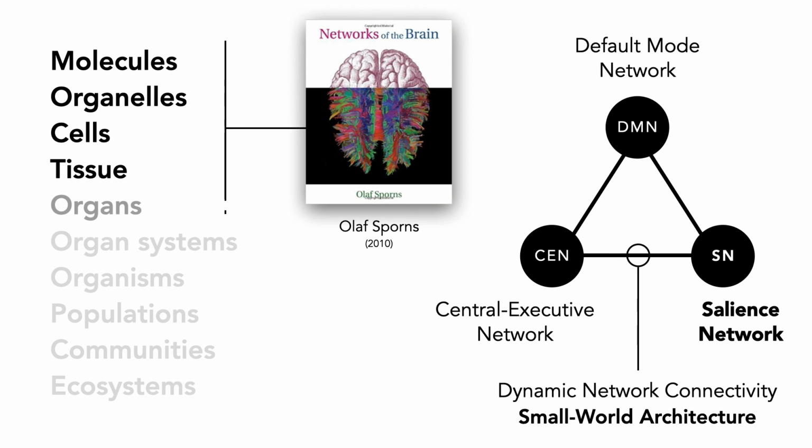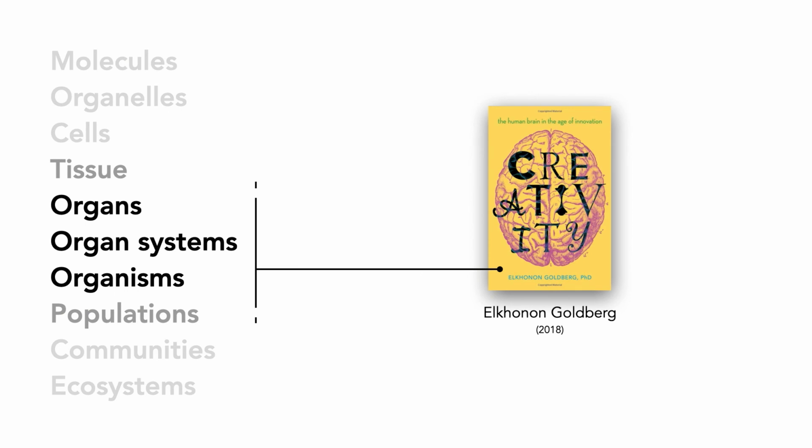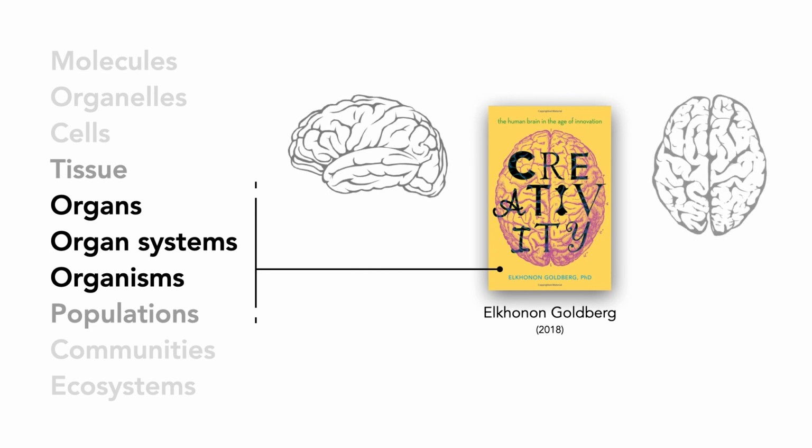I will also have more links in the comment section of this video so you can read up on the details of these things, because I'm not a neuroscientist myself, but I think it's super interesting stuff that he talks about there. The second author is Goldberg, whom I talked about previously. He is a neurosurgeon, and he looks at the brain more as an organ and talks about the different cortexes and the hemispheres.